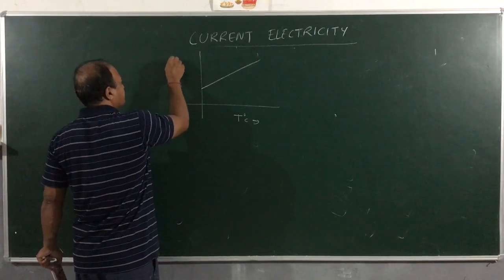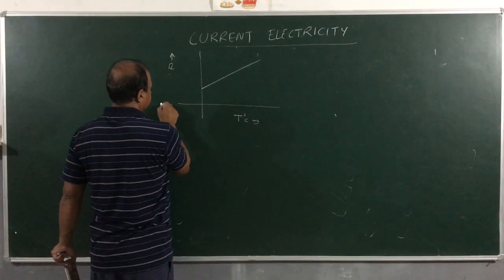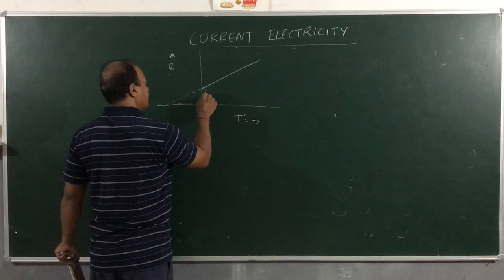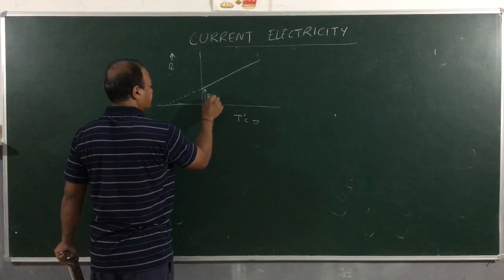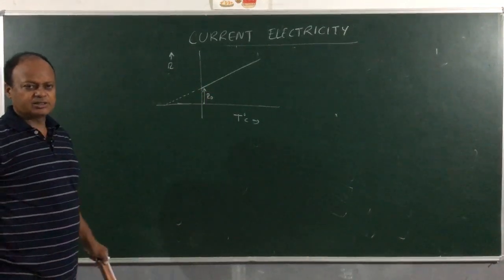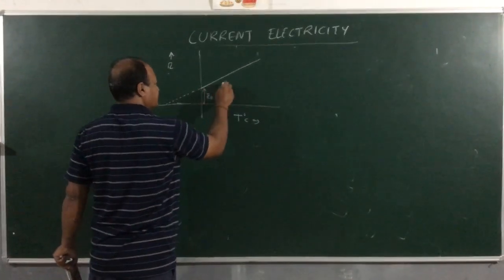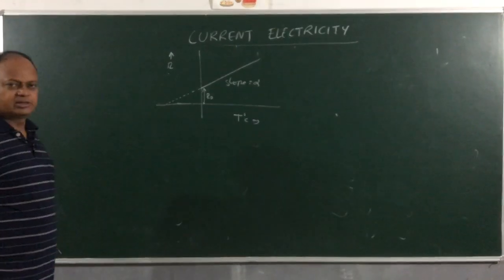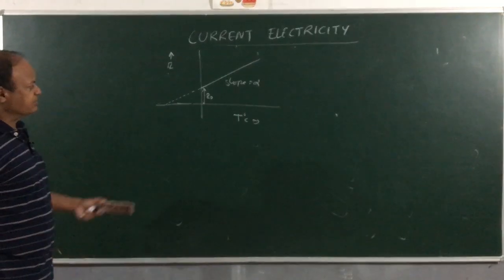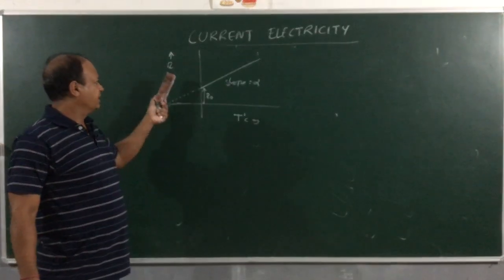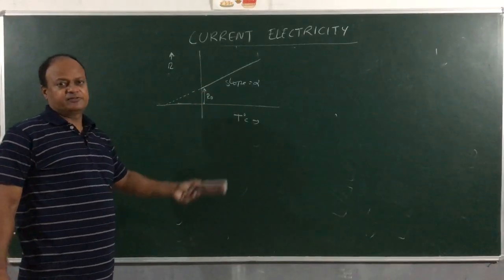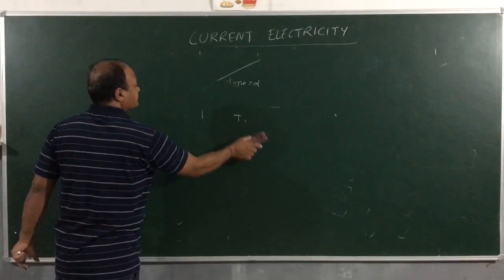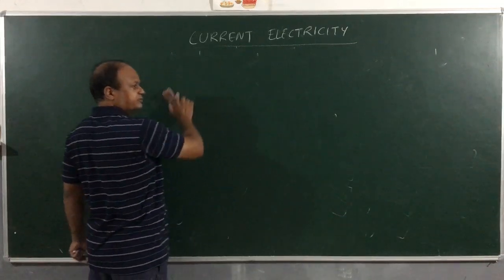This is R and this is temperature. Only at a negative value of temperature the resistance will come 0. This will be R0. Clear, children? And its slope will be alpha. Slope will be how much? Alpha. The graph will be a straight line. Okay. So this should be kept in mind. For metal, this is the graph we'll be getting. The graph between resistance and temperature will be a linear graph. Okay. You should remember this graph also.